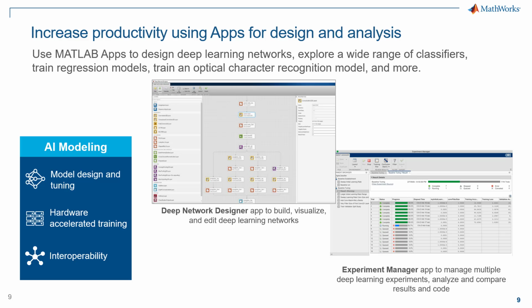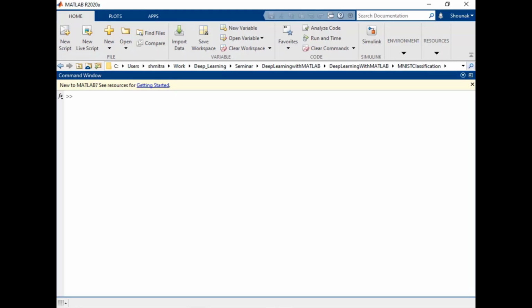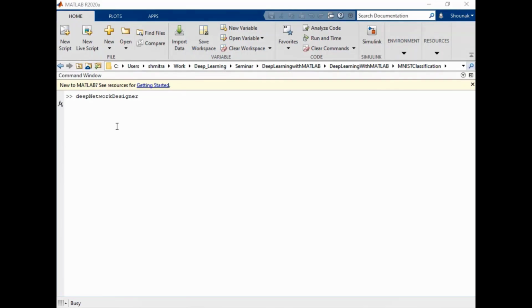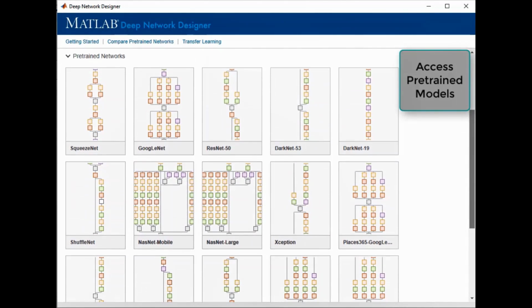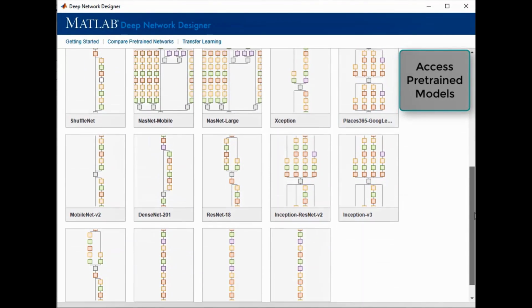I mentioned apps for data preparation. We also provide apps for modeling. For deep learning, we ship pre-built apps that help automate the training step and provide visualizations for understanding and editing deep networks. So here's a short video on deep network design where you can access pre-trained models,